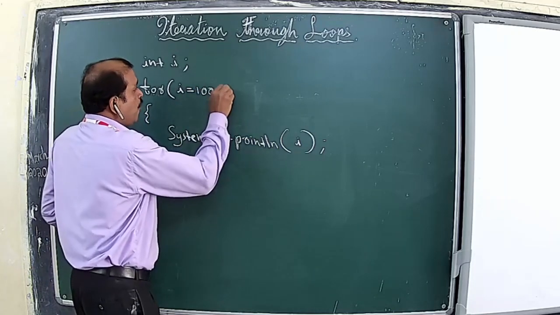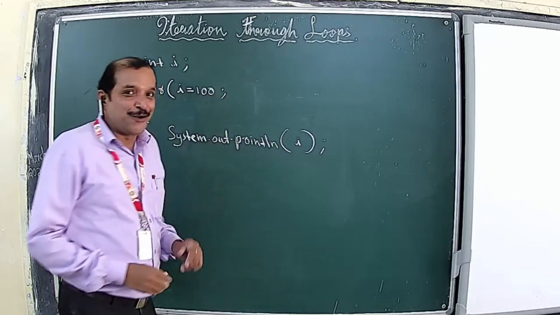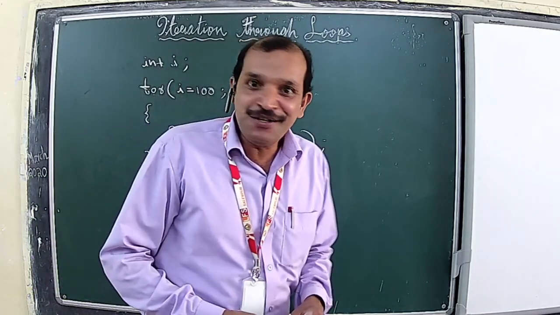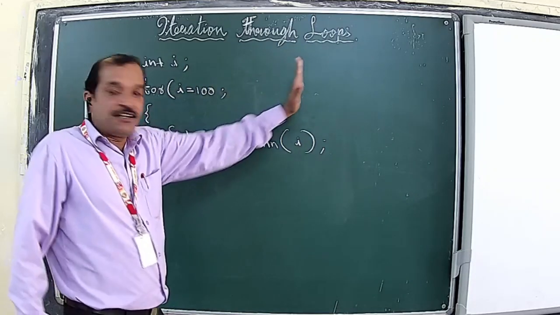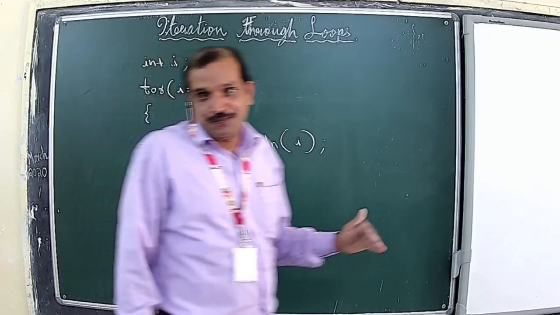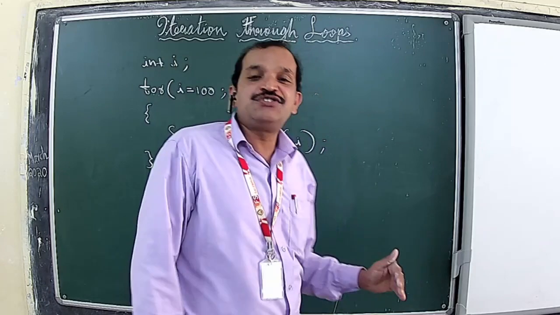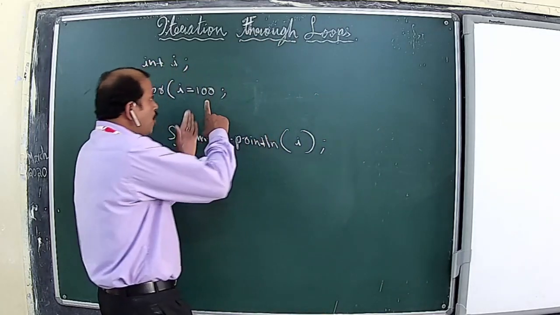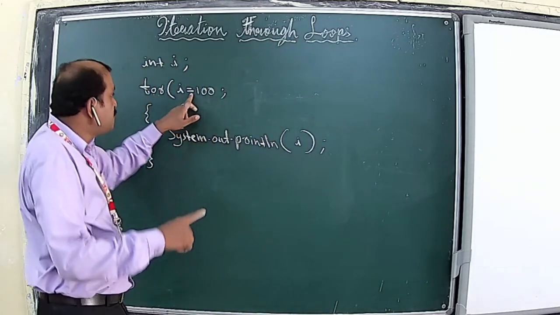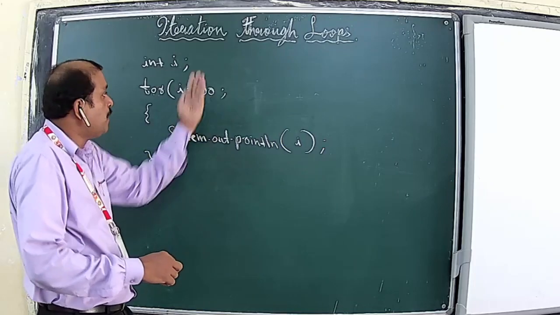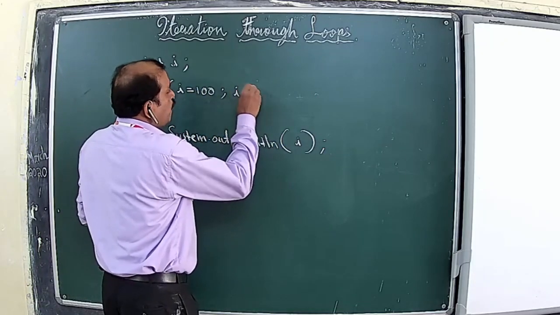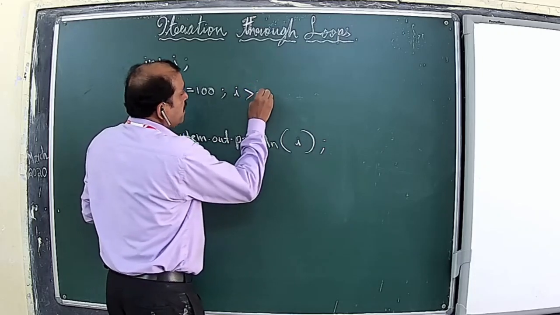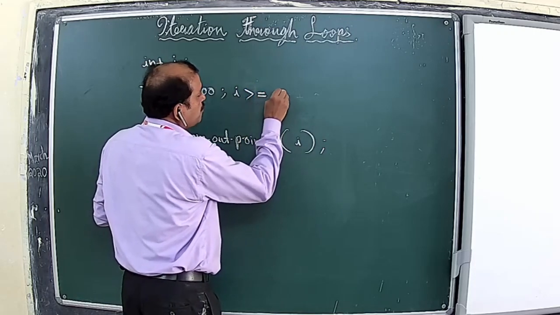Alright. Now, as part of the test expression also, there is going to be a little change here. When we wanted to proceed further, we were using less than or equal to 100. Instead of using less than or equal to, now our task is that the value of this loop control variable must come from 100 to 1. So definitely the value of the loop control variable must be greater than or equal to 1.